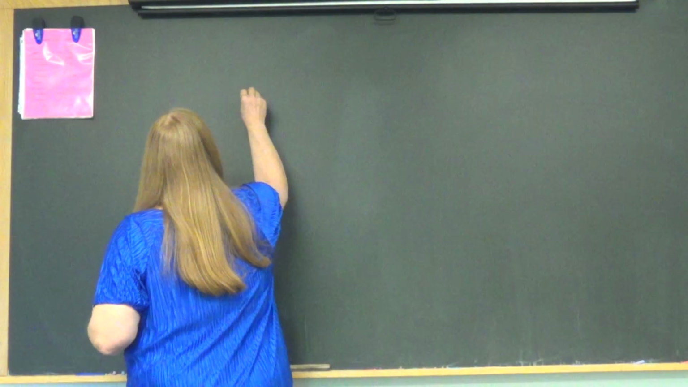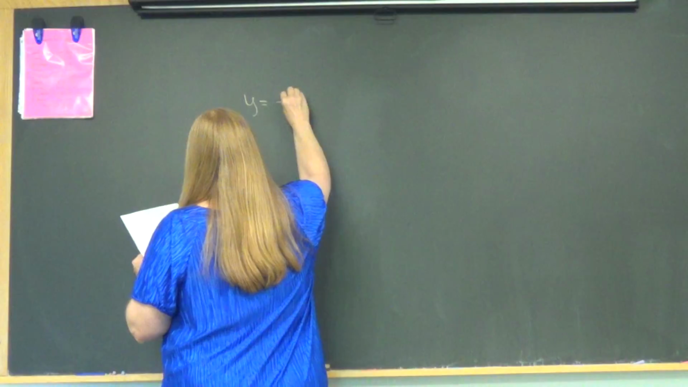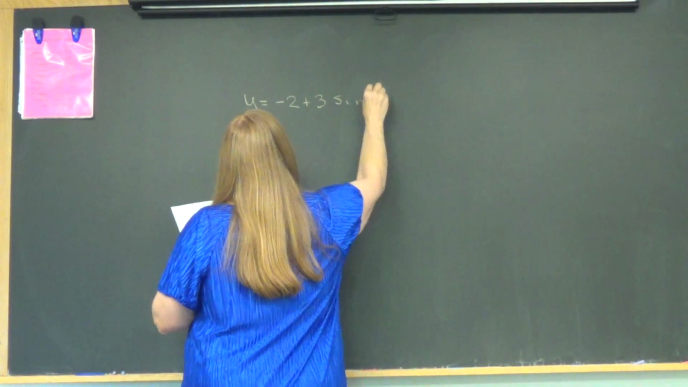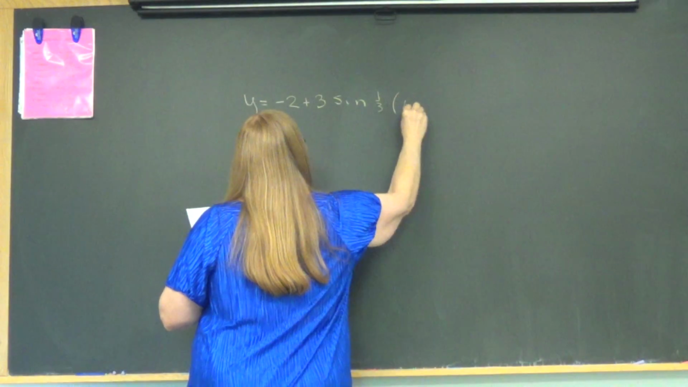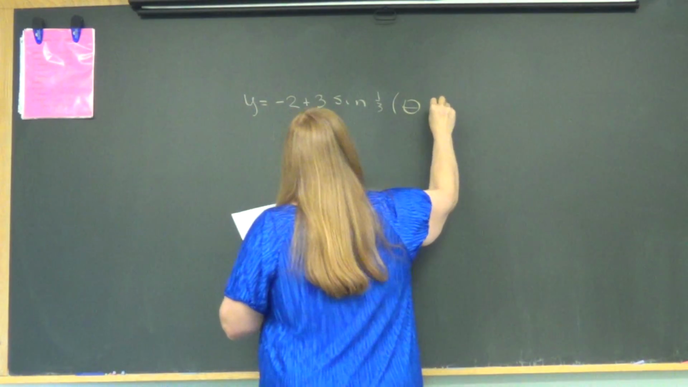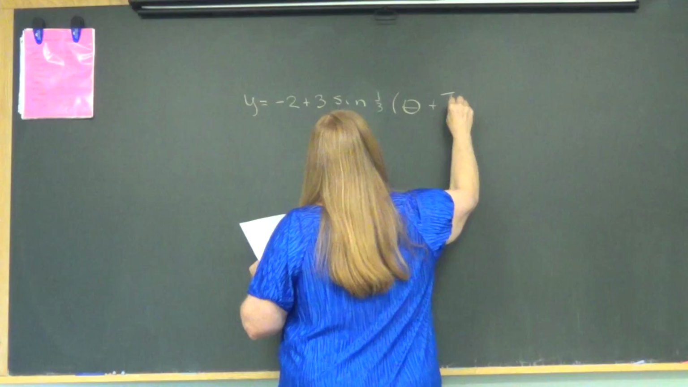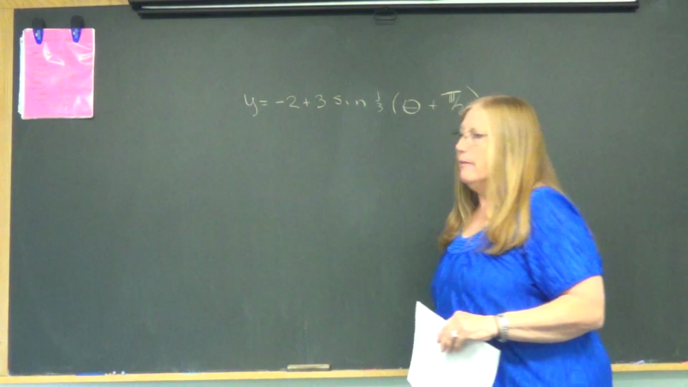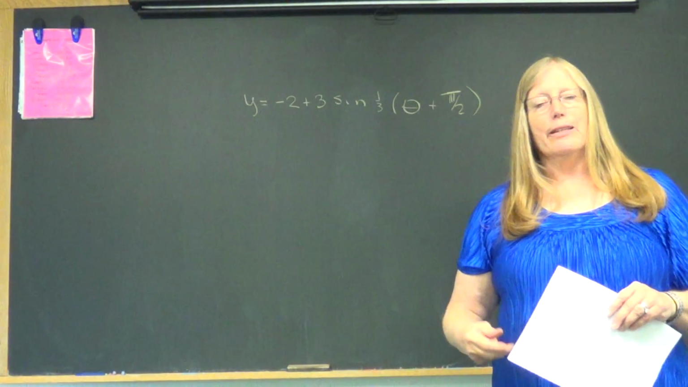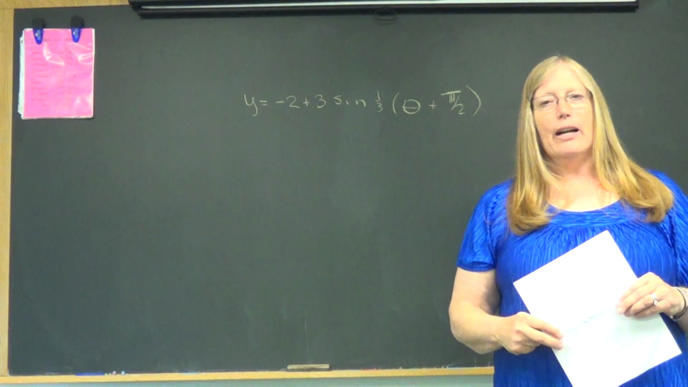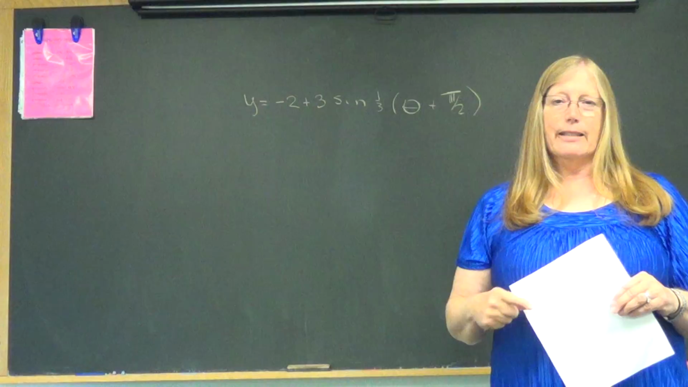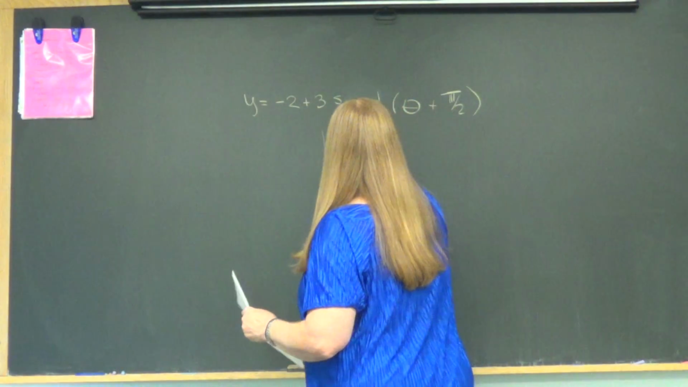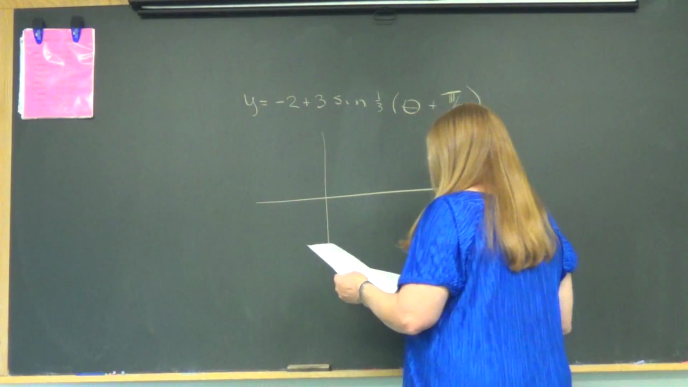Alright, here's the combo. The combo is y equals minus 2 plus 3 sine 1/3 theta plus pi over 2. Alright, so here we have all 4 changes at once. So let's see how we could attack this to get all of them on the graph. So give yourself the graph, and let's start with,